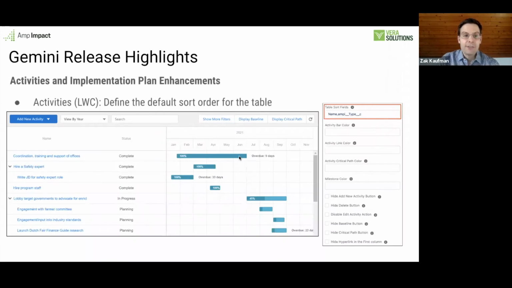Another design attribute that we added, this one for the activities LWC or the Gantt chart functionality in AMP Impact. You can override the default sort order for the table. Basically, if you want to sort your Gantt chart in a particular way, you can do that. By default in AMP Impact, the Gantt chart sorts on the earliest start date of the activities. So you're seeing a Gantt chart that shows progression from the earliest activities to the latest activities,